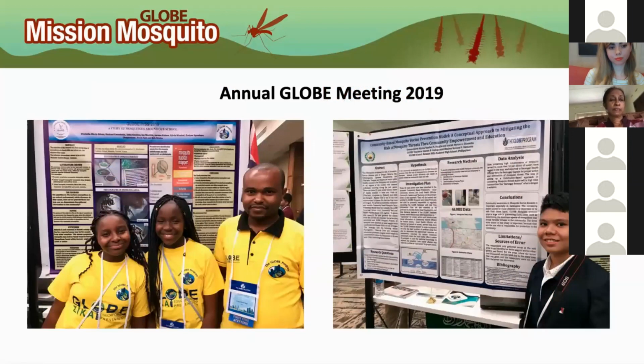We also have some superstars from Kenya. I was really happy to meet these two young women and their teacher, and they do a lot of identifying the different species, genera of mosquitoes that they have over there in their region in Kenya. And then this is another young student, and he was also from Thailand, who did a research report on using